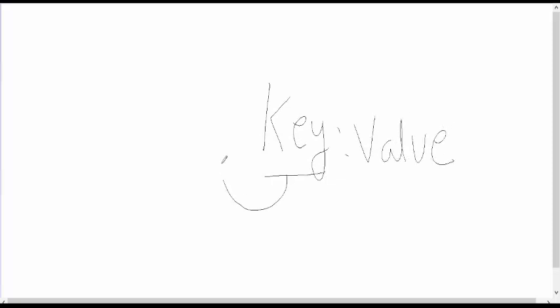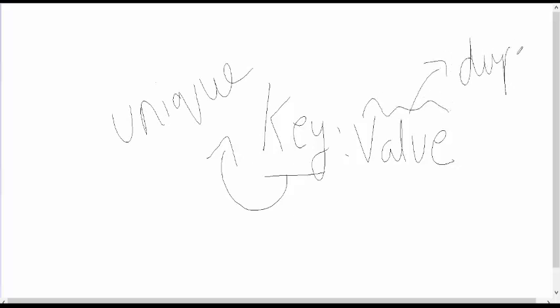Okay, so this key is unique, and this particular value can be duplicated. So this key is nothing but it is like a set. So you can have only unique elements as key. Each value can be accessed using its respective key.